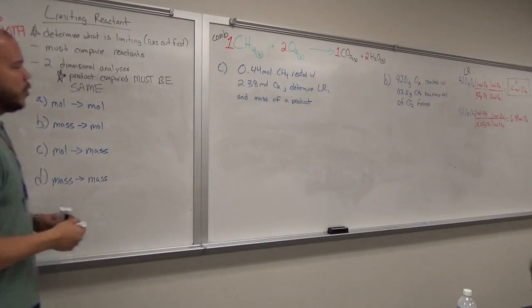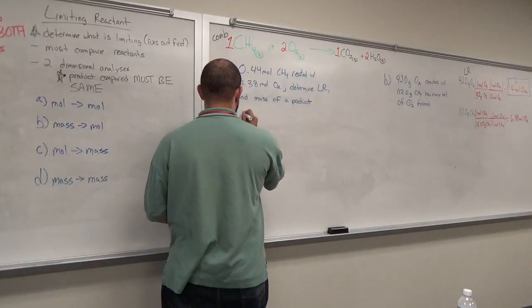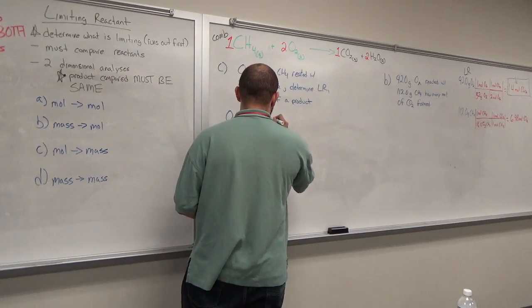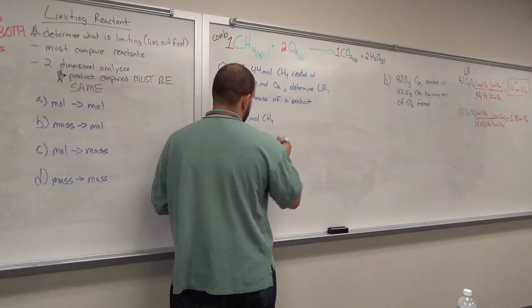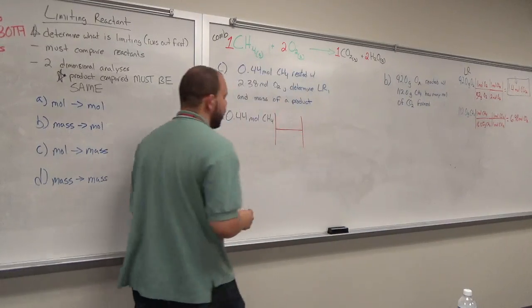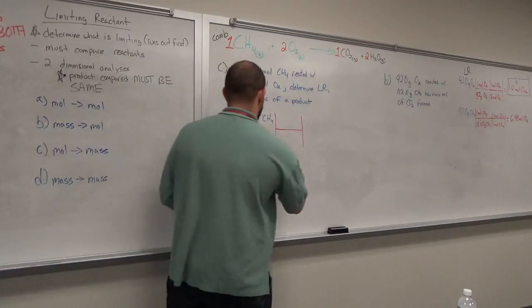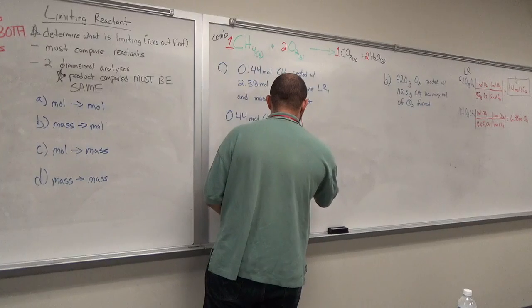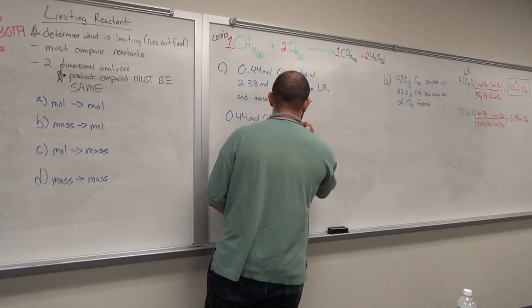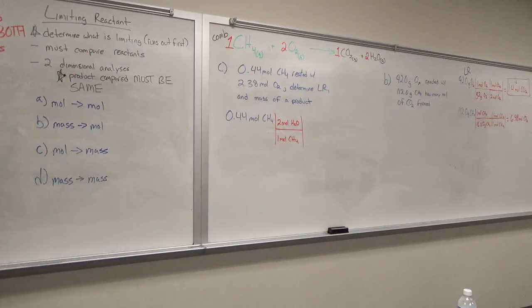So the math here will start with moles. 0.44 moles CH4. We're already in moles. We can go directly to mole-to-mole conversion of the product of interest. We just did CO2. Let's use water. We'll use water. 1 mole of CH4 for every 2 moles of H2O. We want to get a mass of a product. That's what the question is asking us. But do we have to get the mass of the product to determine limiting reactant? Can we mathematically